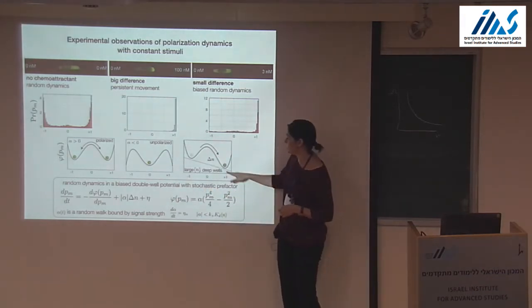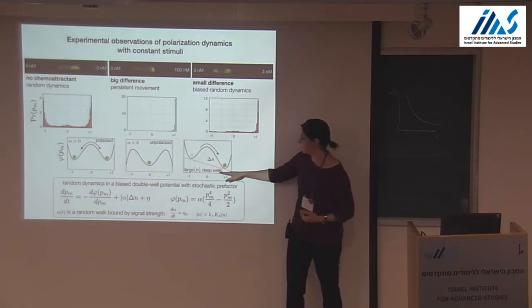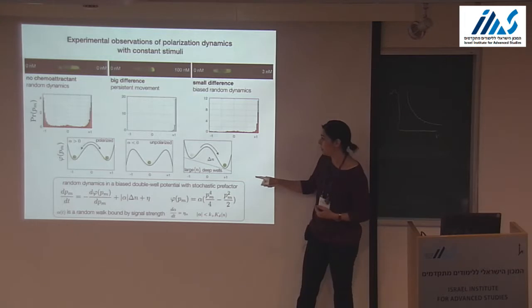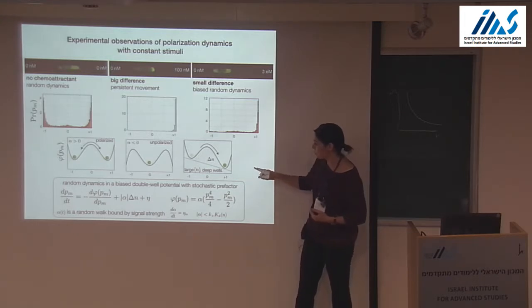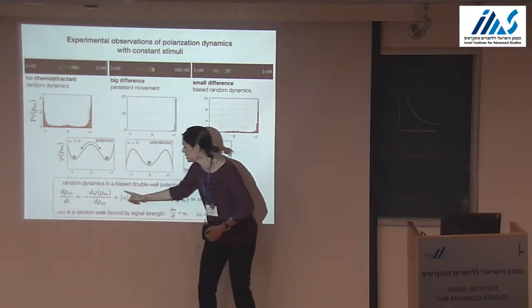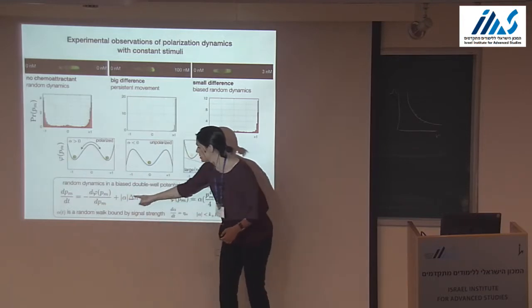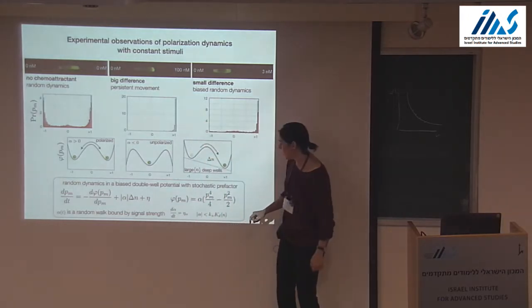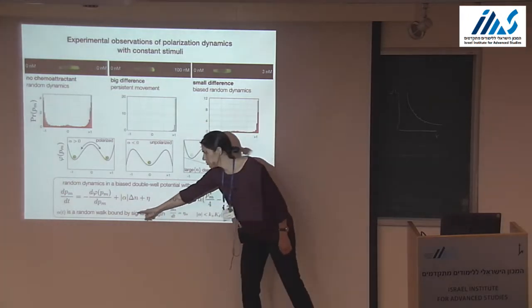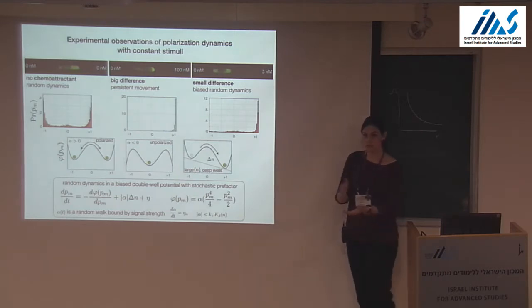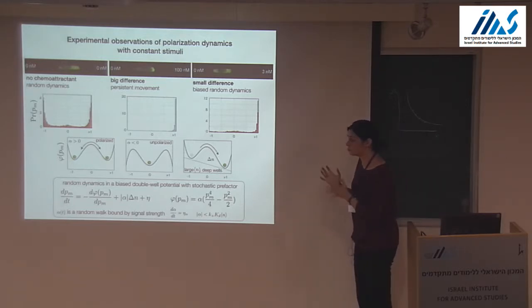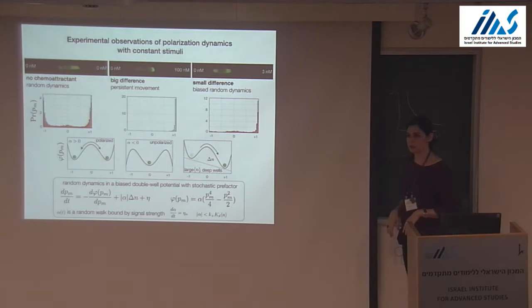And I can also add delta n, which is the external gradient, right? And this will give me a slope, and then there will be a preferred state. And what we do is, so here is our Langevin equation. This is our double well potential. This is the gradient, delta n, and this is the noise. And now we allow alpha, our prefactor, in itself to be a random variable. And this will allow it basically to change, to switch signs randomly. So this is a more exotic Langevin equation, let's say.